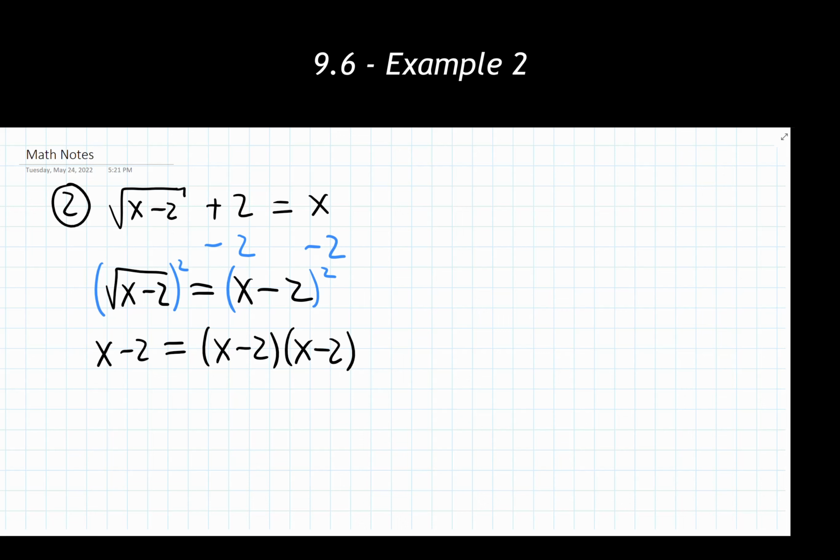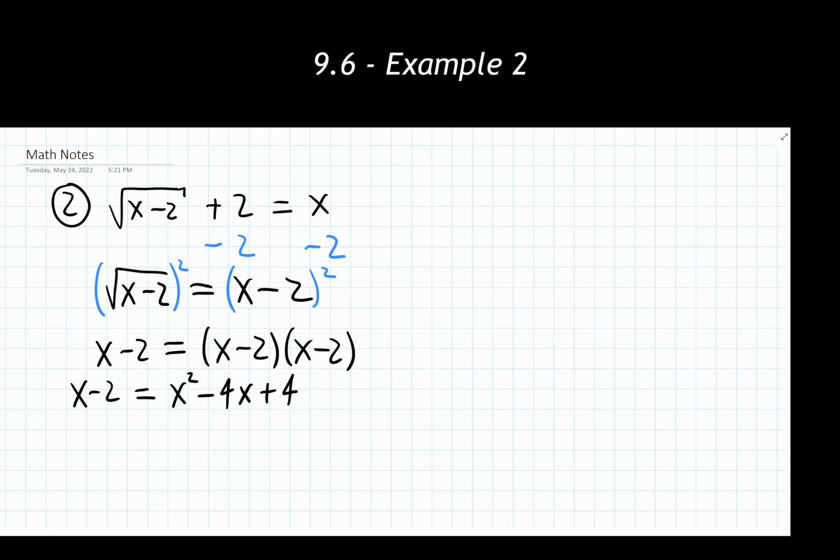Let's go ahead and further simplify the right side using the distributive property. And I should be getting x squared minus 4x plus 4. So that's using the distributive property and combining like terms on the right-hand side there. We now look at step 3. We have the two possibilities. Are there radicals left over or are there not? I'm not seeing any in this problem, so this means that if all radicals are eliminated, we solve the resulting equation using any of our previously learned methods.